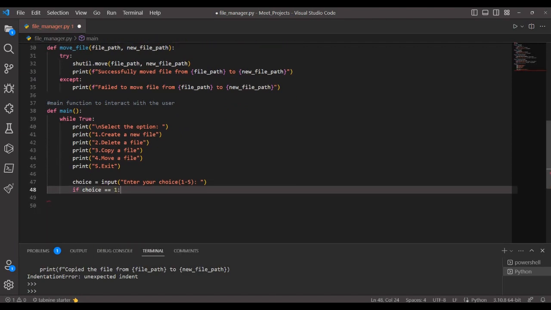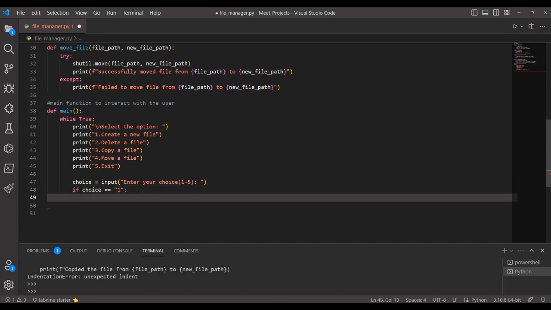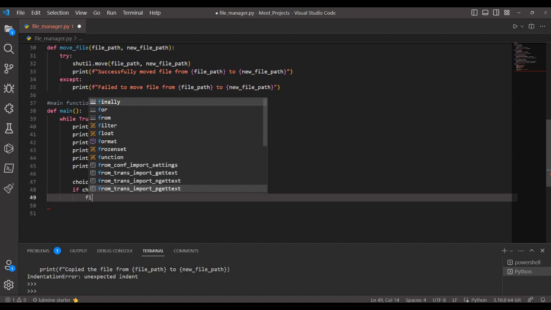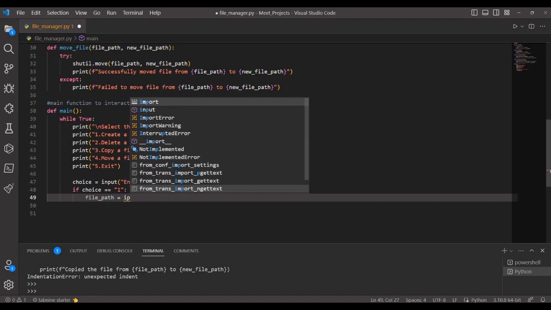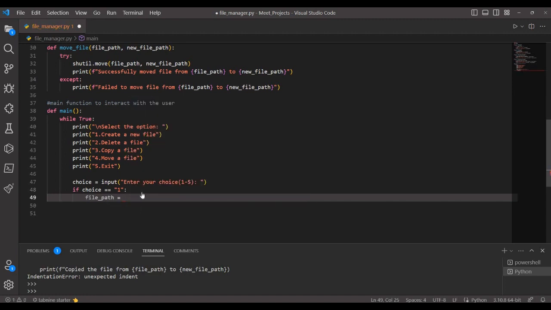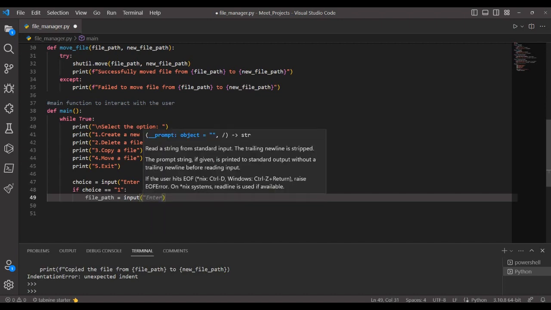Now when the user types a 1, there's a difference. The input is always taken as a string, and here you are comparing it with a number, so it won't work. If the user selects a choice as 1, what do we need to do? We need to have a file path, so file_path equals input, asking the user